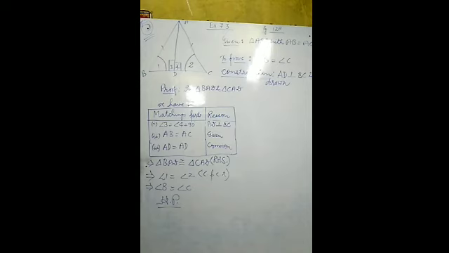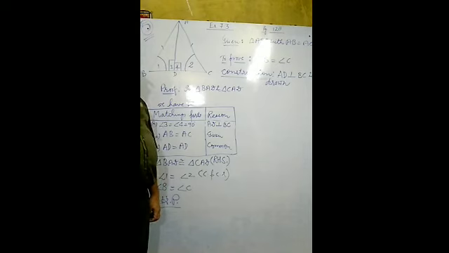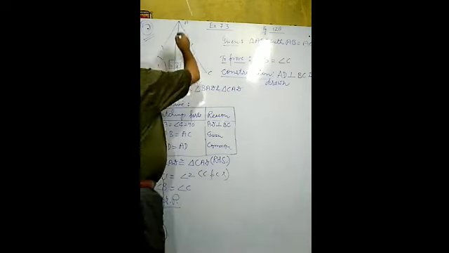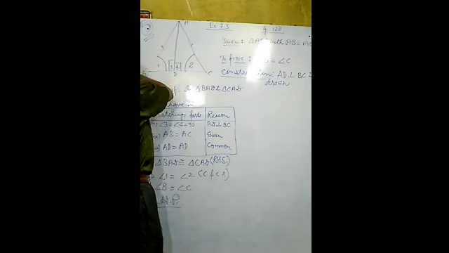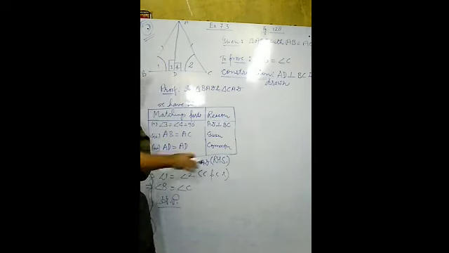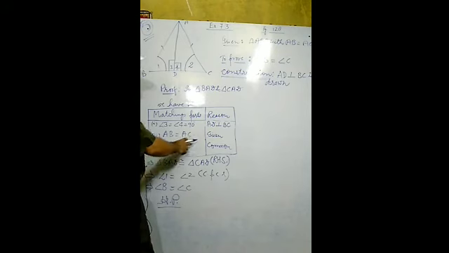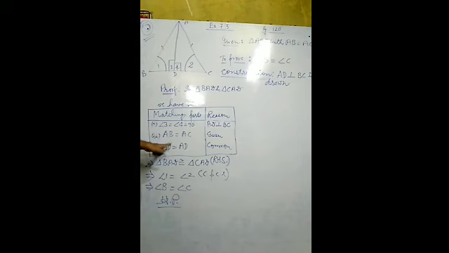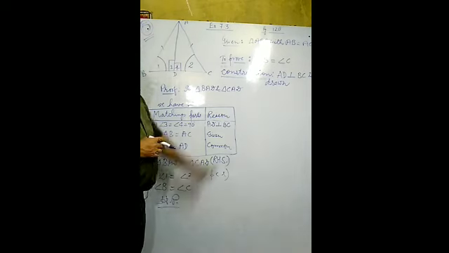And what will be the third matching part? Right angle is matched, hypotenuse is matched. So one of the sides you may observe here, AD is common in both the triangles. It is the part of the left hand triangle as well as the right hand triangle. So AD equal to AD. That one is the third matching part. So right angle, hypotenuse and one of the sides, by RHS, the left hand triangle is congruent to the right hand triangle.